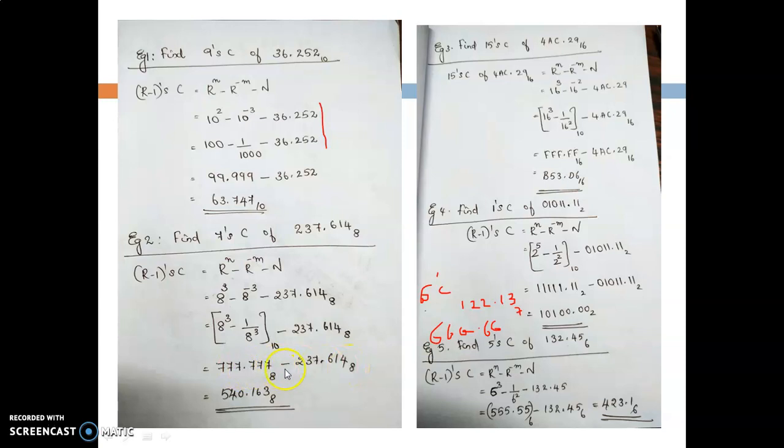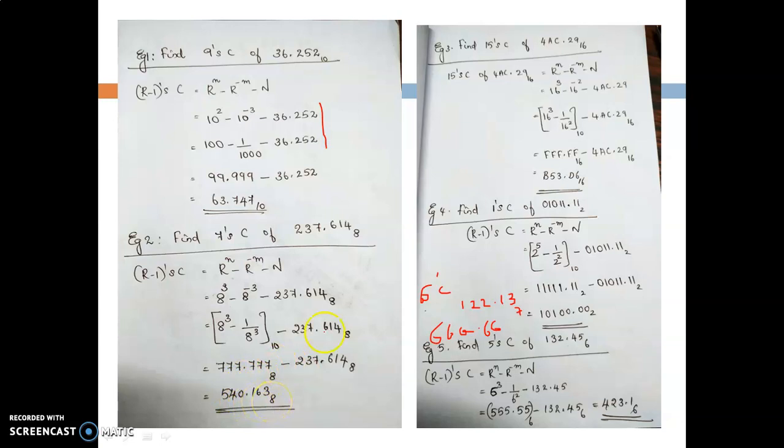Okay, so this can be done because what you're going to do is bigger number minus smaller number, and this can be done using the direct subtraction method that we have already learned in your previous classes, how octal subtraction is done using that method, isn't it? Whenever you get a result greater than your base 8, then you have to subtract 8, and a carry has to be forwarded. Such rules are applied here, and you're getting 540.163 to the base 8.